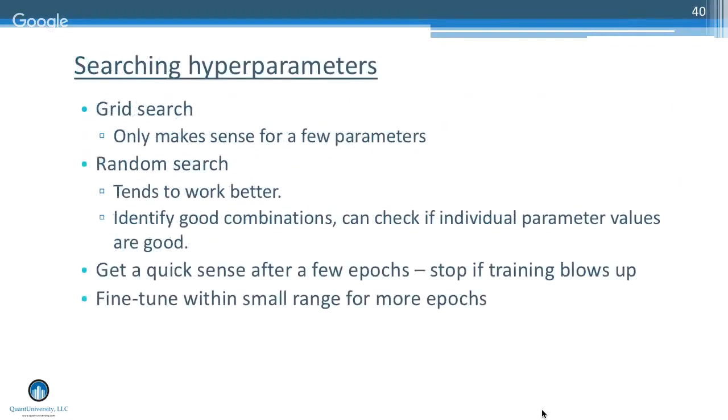Another general point. So lots of parameters to tune, right? One thing that you might be tempted to do is try all combinations in some grid. If you're doing 1 or 2 parameters, that makes a lot of sense. If you're trying to optimize 10 parameters at once, it really does not make sense because the size of your search space is exponential, and random search tends to work a lot better because essentially only some of the parameters typically really matter.